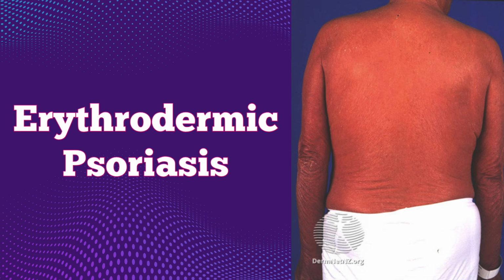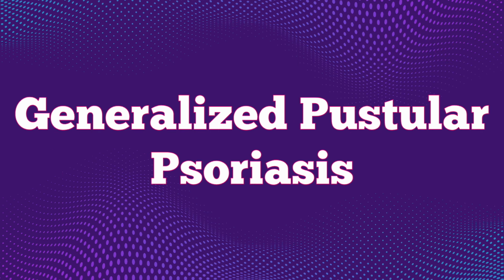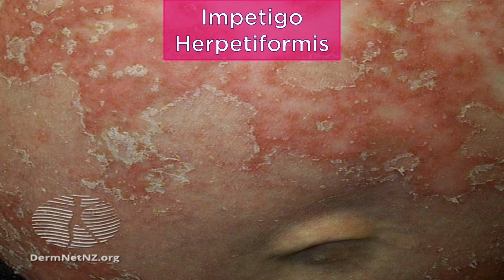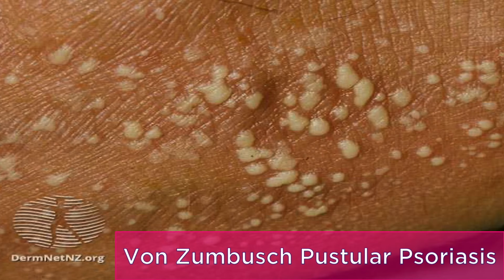Then there's erythrodermic psoriasis, which affects greater than 80 to 90% of the body surface area. And lastly, we have generalized pustular psoriasis, which comes in 2 flavors. One being impetigo herpetiformis, which occurs in pregnancy, and the second called von Zumbusch pattern of generalized pustular psoriasis, which has a rapid onset with fevers and subsequent sterile pustules around the nails, palms, and edges of plaques that are